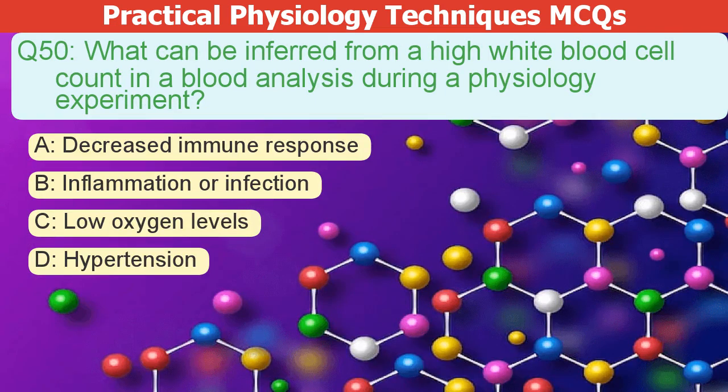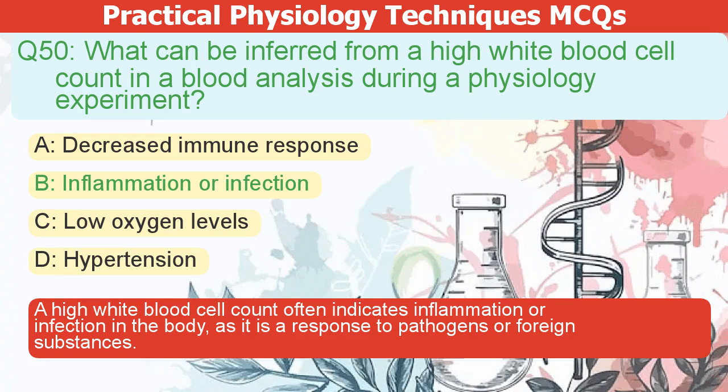What can be inferred from a high white blood cell count in a blood analysis during a physiology experiment? A. Decreased immune response. B. Inflammation or infection. C. Low oxygen levels. D. Hypertension. The correct answer is B. A high white blood cell count often indicates inflammation or infection in the body, as it is a response to